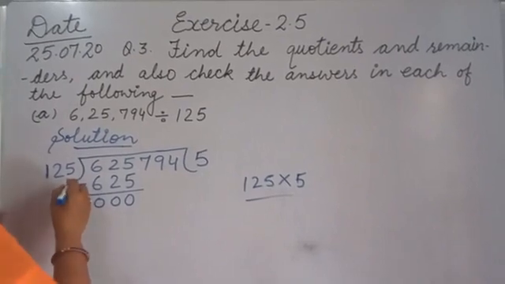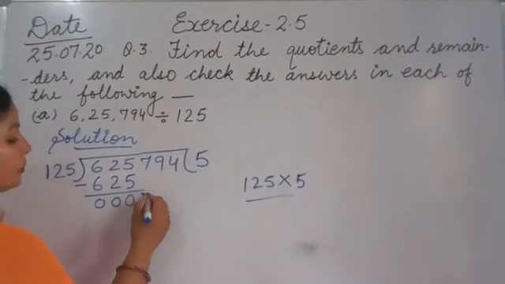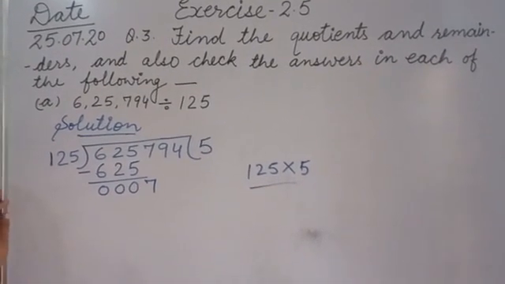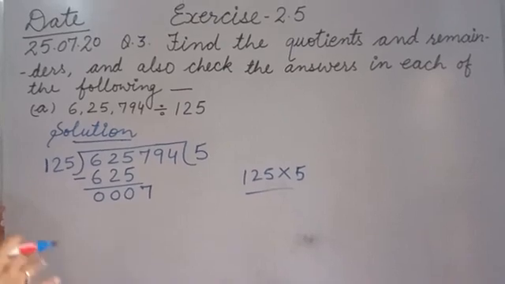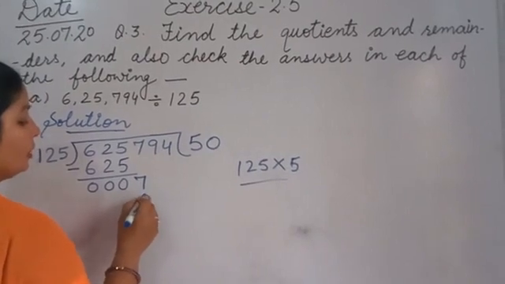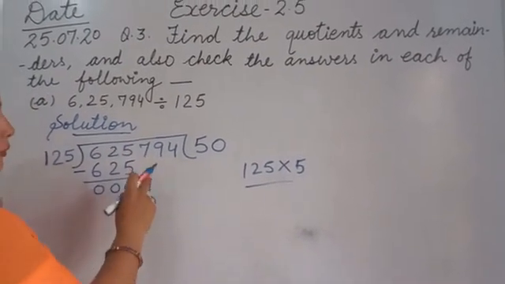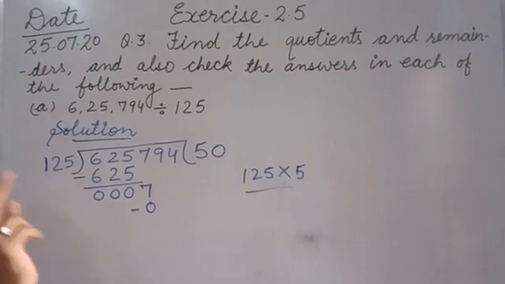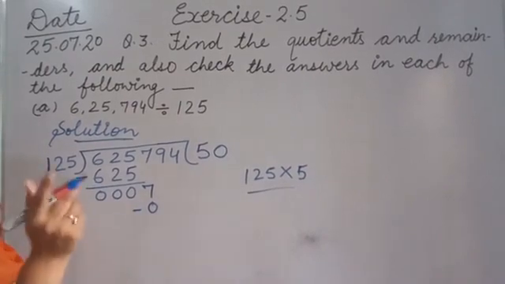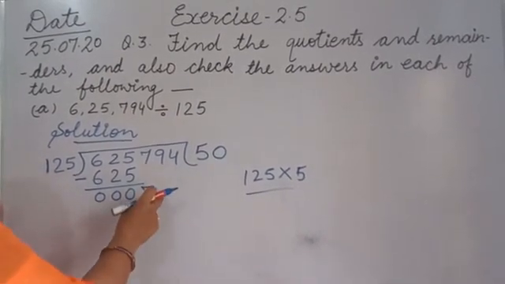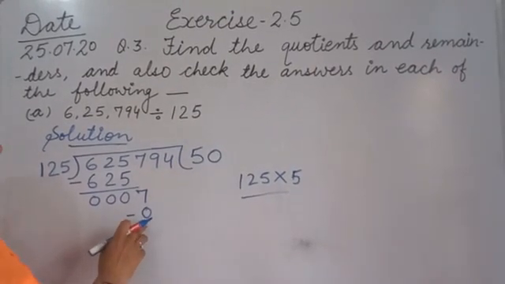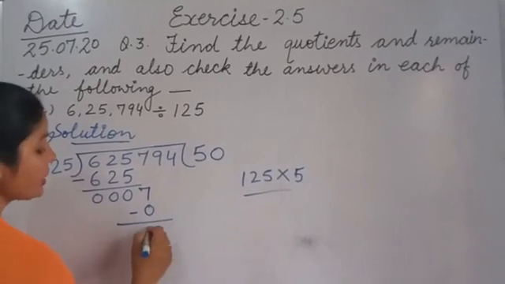Now we note down the next digit. Next is what? 7. Now 125. In the table of 125, where we have 7? We don't have 7, so we will take on the 0. 125 zeros are 0. Whenever we note down digits from upside, we definitely have to do divide. If this is not divisible, then we will take on the 0. If that number is not coming in the table and that is smaller, then we will take on the 0. So now we will take on the 0. Now 7 minus 0 is 7.